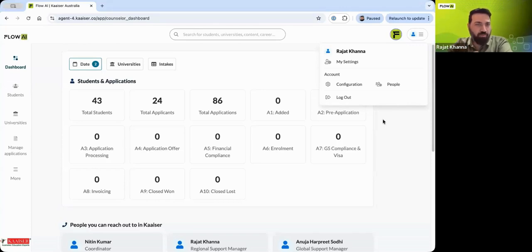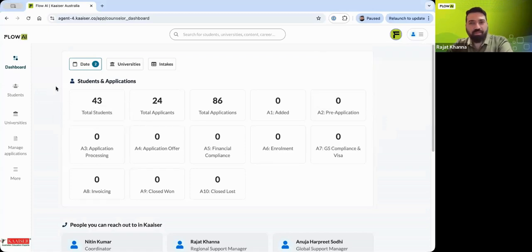For this demo I have logged in with an admin account, so you will see everything. If you are logging in with a counselor account, you will see some of these sections hidden. For example, the configuration and people sections will be hidden because these don't apply for a counselor. Yeah. So before I move into the very first section, which is how you add users to this platform,